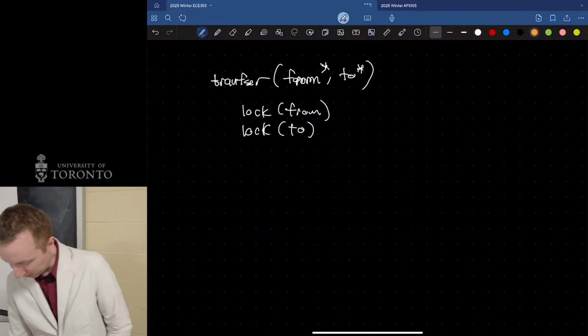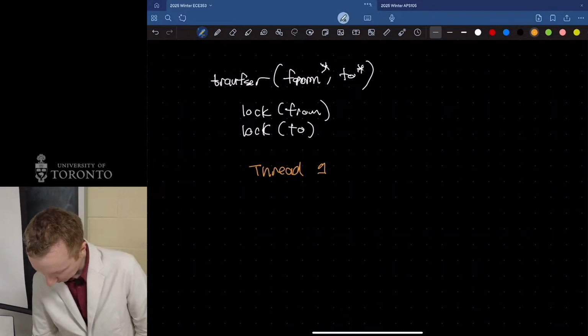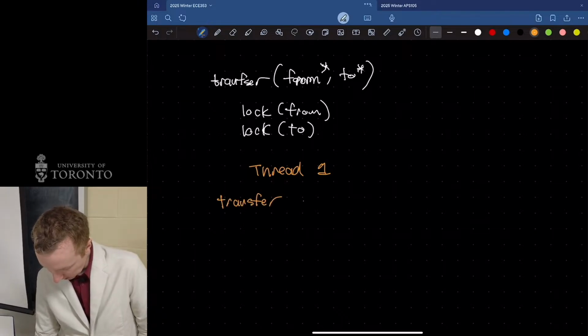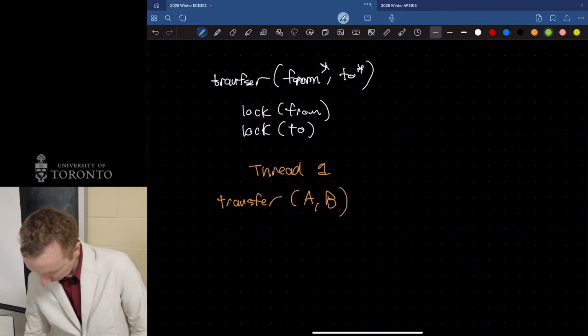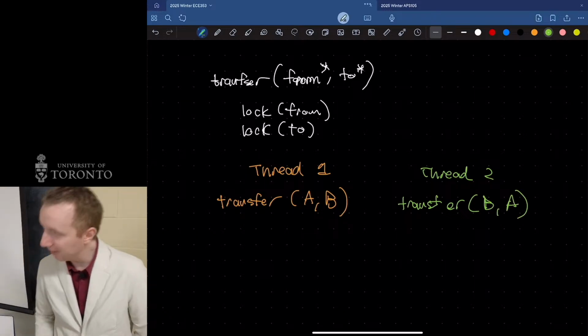Well, there's no reason that thread 1 can't do transfer, let's just say A to B, and then thread 2 couldn't do something like transfer B to A.